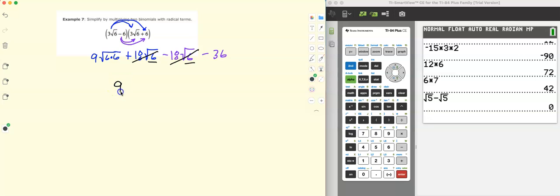All right, so I have 9 times the square root of 6 times 6, minus 36. Well, now what can I do? Oh, yeah, I can continue to simplify this. I have a pair of 6's, so I can pull a 6 out. So over here, I have 9 times 6, and then minus 36 here. Let me continue to work my way down. When I multiply 9 times 6, if you don't know what 9 times 6 is,